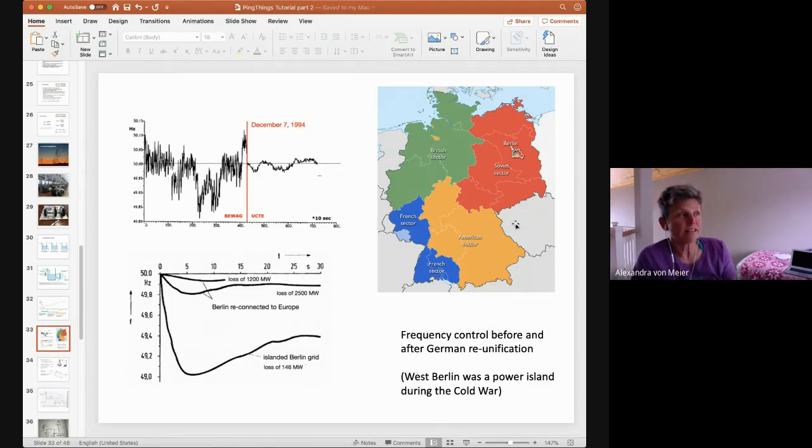And so after 1989, after the wall came down, it was actually not possible to reconnect East and West Germany on the same AC grid, because the relay settings were all different and they wouldn't match. So it wasn't until 1994, it took them a few years to figure this out, and redesign their system a bit, that they were able to close the switches and reconnect everything. And this was sort of a big deal in 94, when West Berlin was reintegrated with the rest of, now all of Germany's